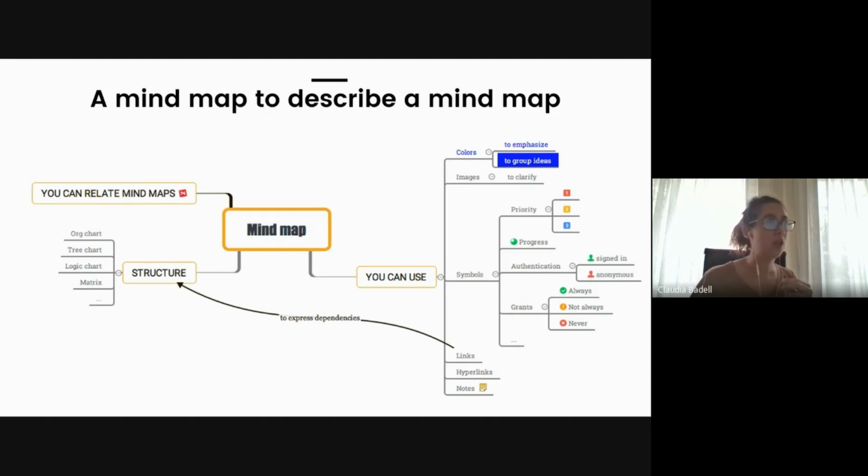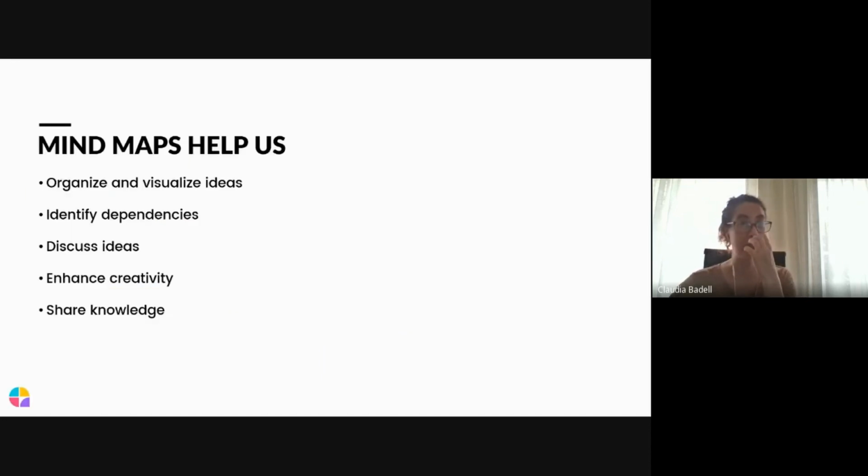For example, we have colors to emphasize ideas, or we can use symbols to show priority or to show progress. We can also use arrows to express dependencies, and we can also link mind maps to each other if the tool that you are using supports it. In general, mind maps help us organize and visualize ideas, identify dependencies, discuss ideas, enhance creativity, share knowledge, among others.